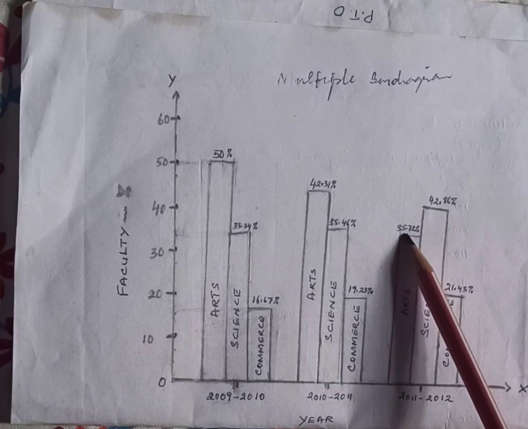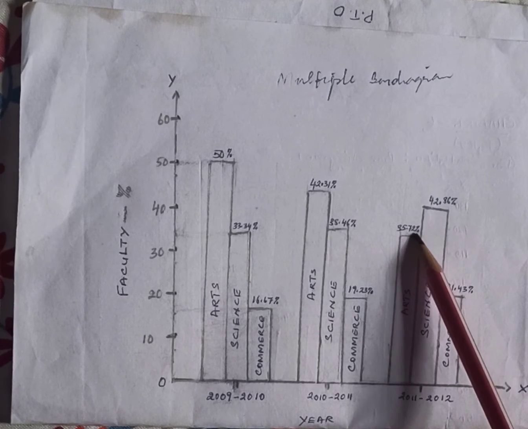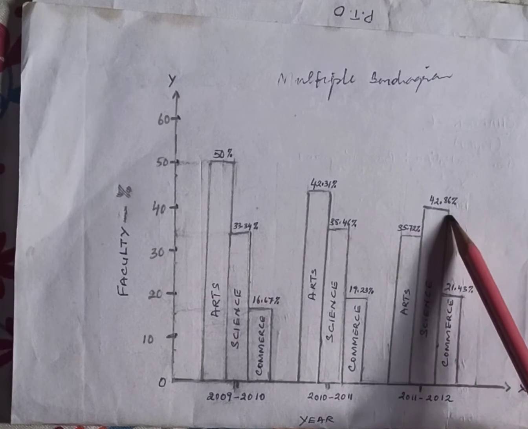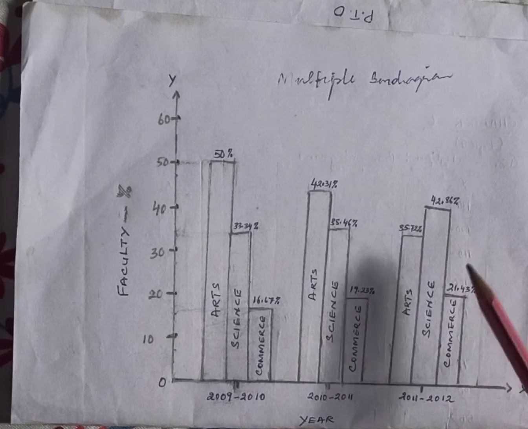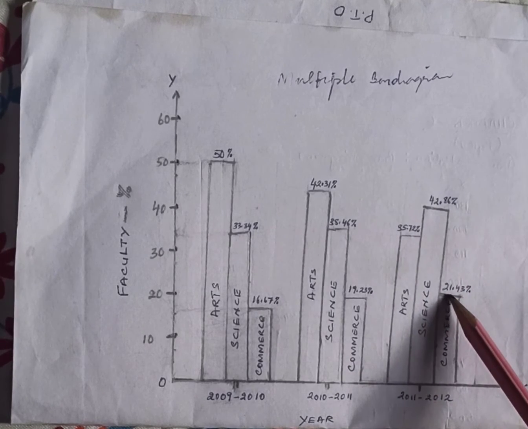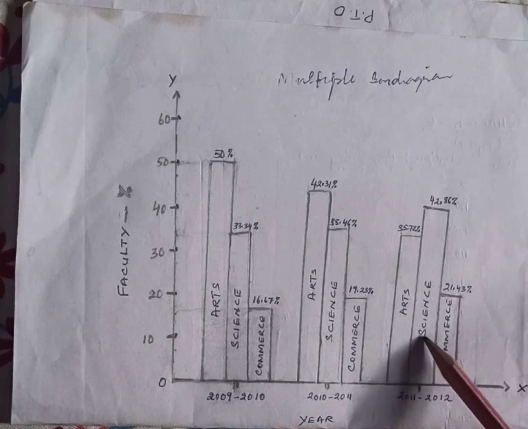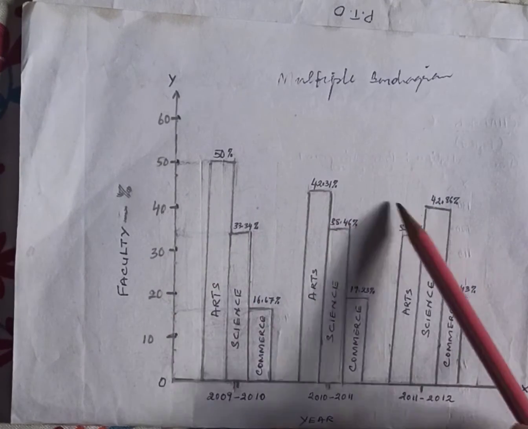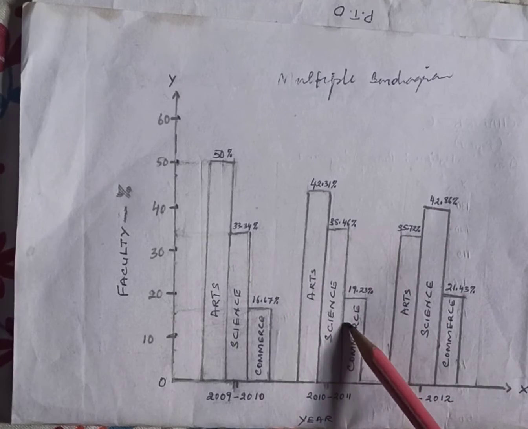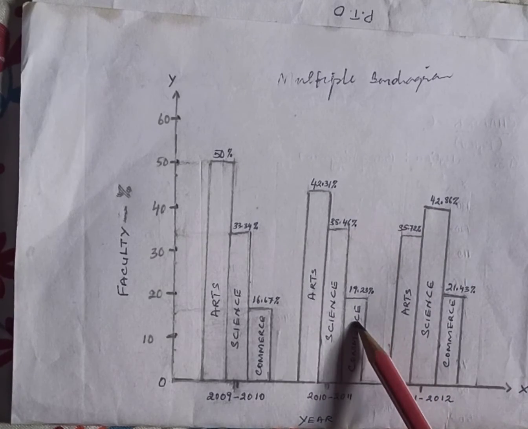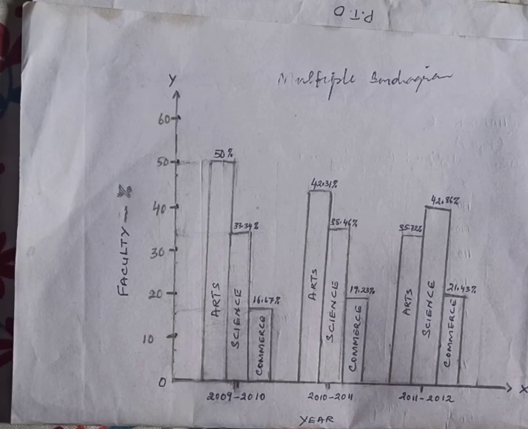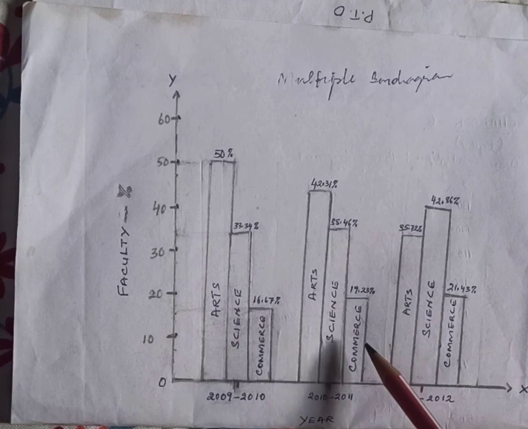For arts it is 35.72%, and then for science 42.86%, and for commerce 21.43%. Okay, so this is how a multiple bar diagram looks like. So here what I say is, if you follow these steps, you will be able to draw an attractive multiple bar